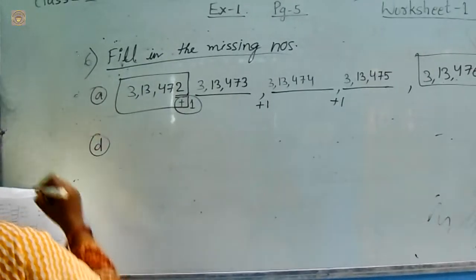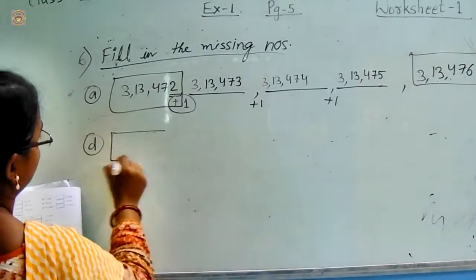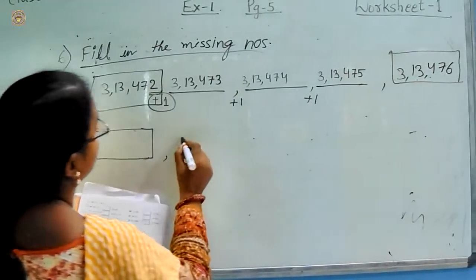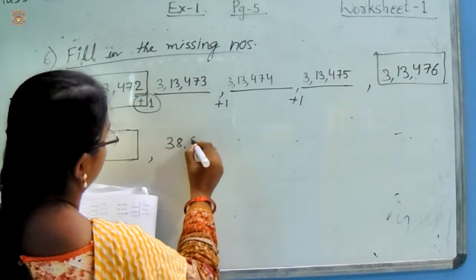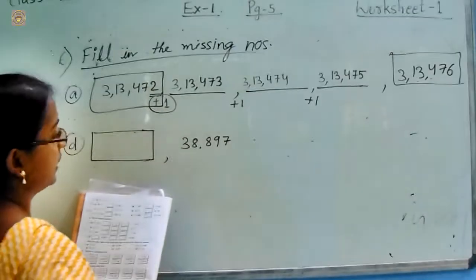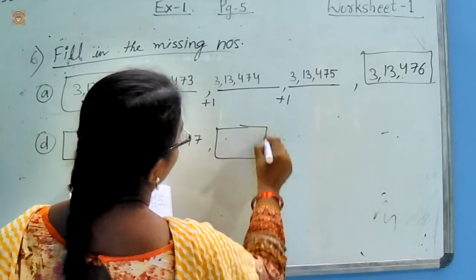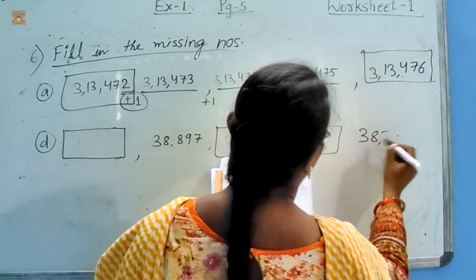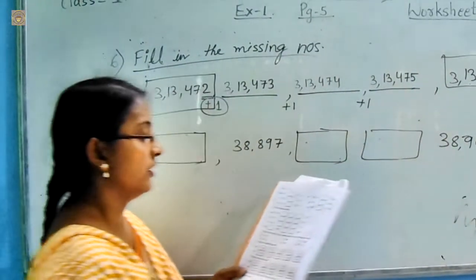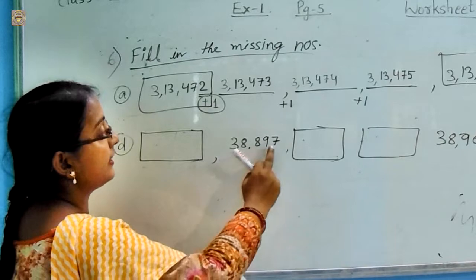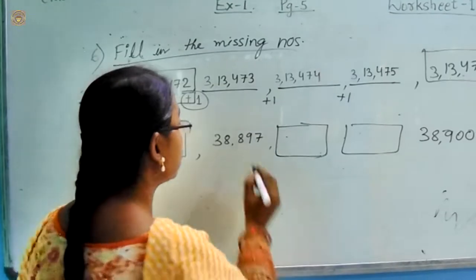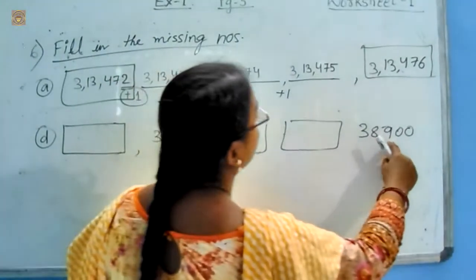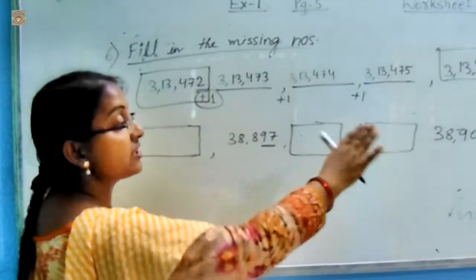Let's take another example. The bracket place is at the very beginning. एकदम पहले ही है. Then the number given is 38897 and also 2 vacant places. The last one is 38900. That means here 897. We all see these numbers in an increasing manner. It will get 900 at the last position.